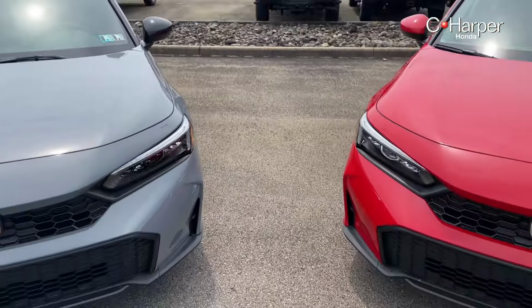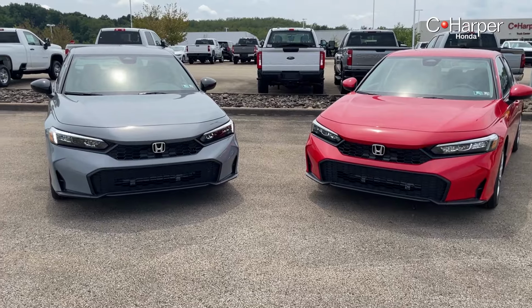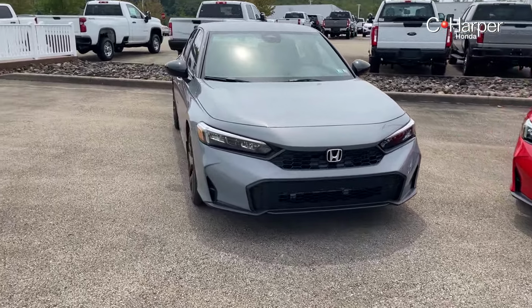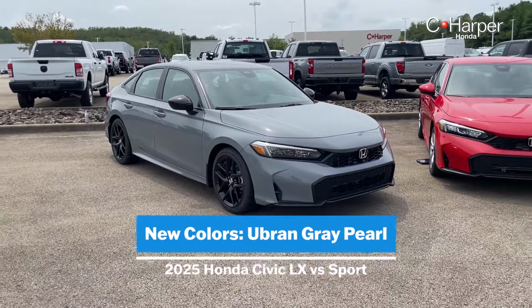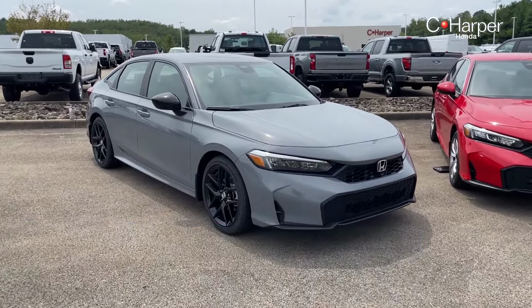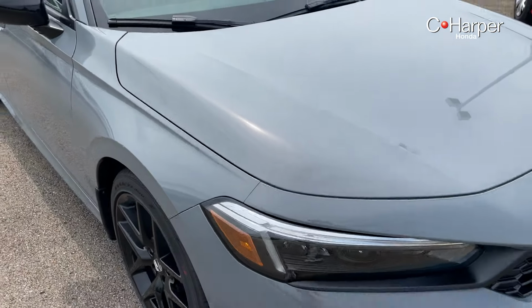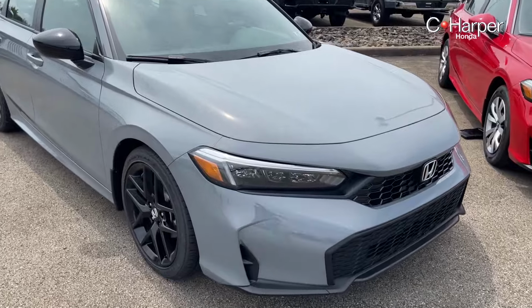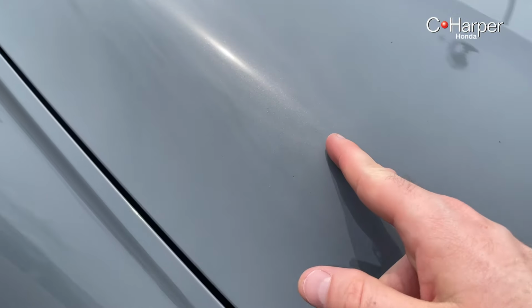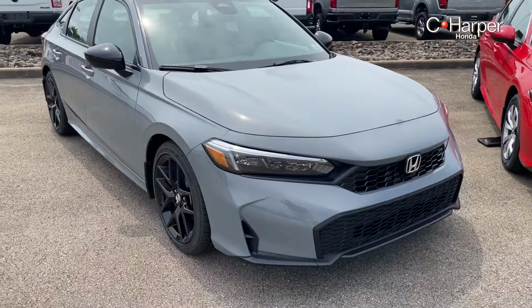Now let's talk about one more change for the 2025 model year, and that is the exterior colors, because we have two new color options for the Honda Civic sedan. This being one of them right here. This is our Urban Gray Pearl, which is all new and replaces our Sonic Gray Pearl on the 2022 through 2024 model year Civics. It's a very beautiful color, originally debuting on the Honda CR-V, made its way to the Accord, and I believe the HR-V lineup as well. What a great color. It has some nice pearlescent finish to it, as you can see here. It almost has a little bit of a brownish metallic flake to it,